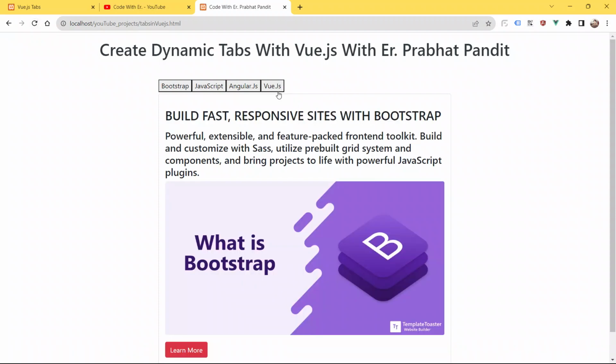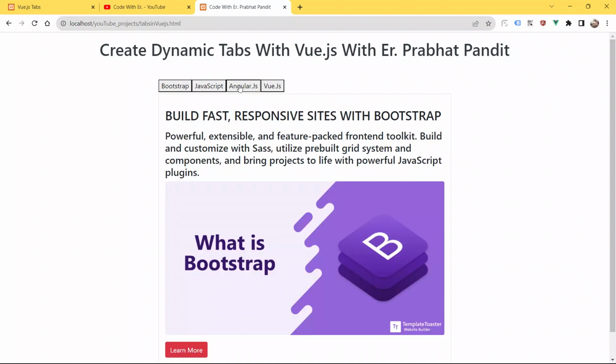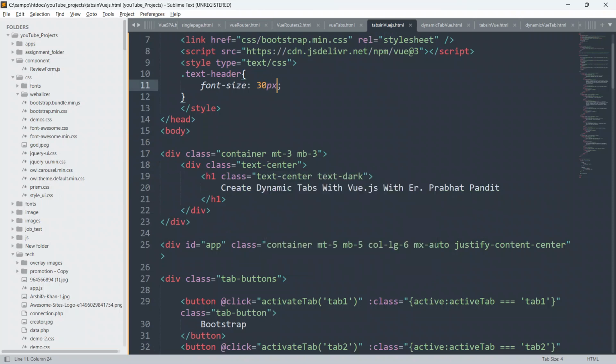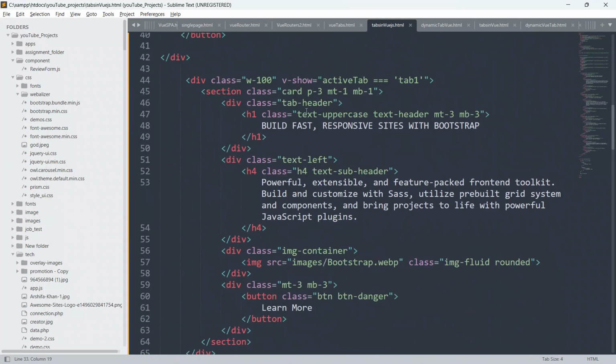Now you can see each and everything in the same line. Yeah, our tab is also working fine. So guys, now we will copy this class, text subheader.